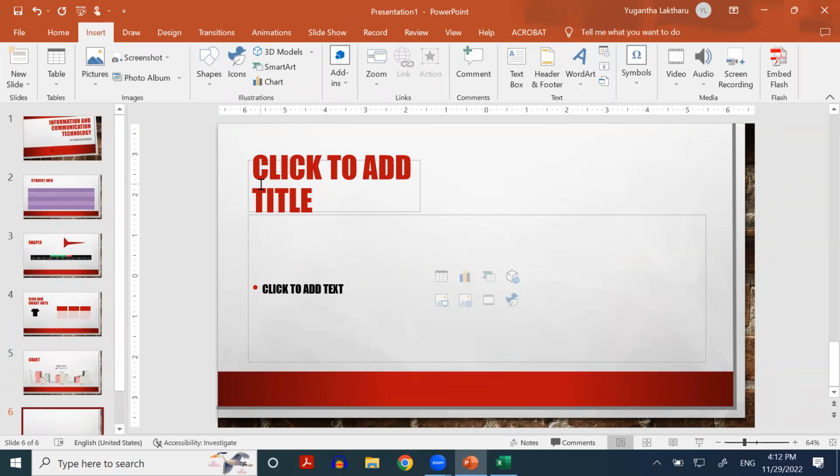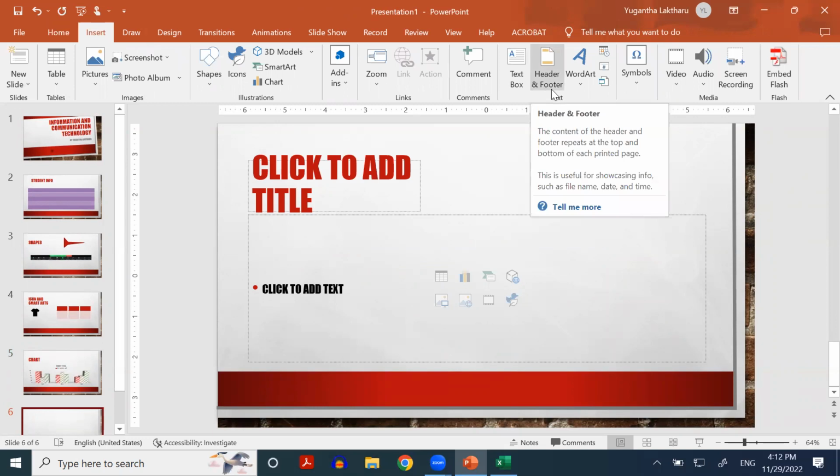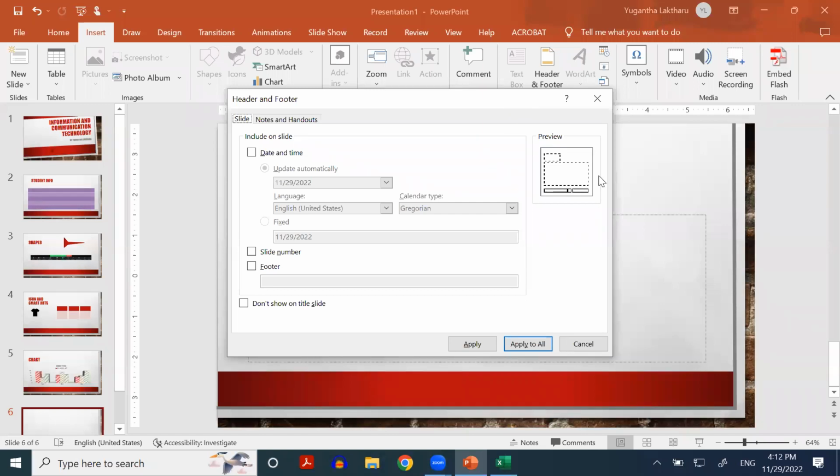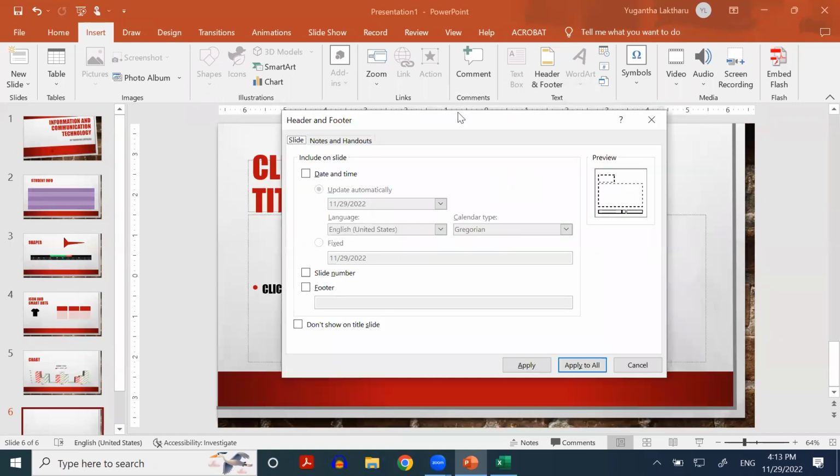And in the Insert tab, there's a way that you can work with the header and footer of the slide. When it comes to the header and footer, once you click on that, a small window opens. It is something specific to the header and footer of the PowerPoint presentation. So what you can do is activate date and time. So if you notice it earlier,